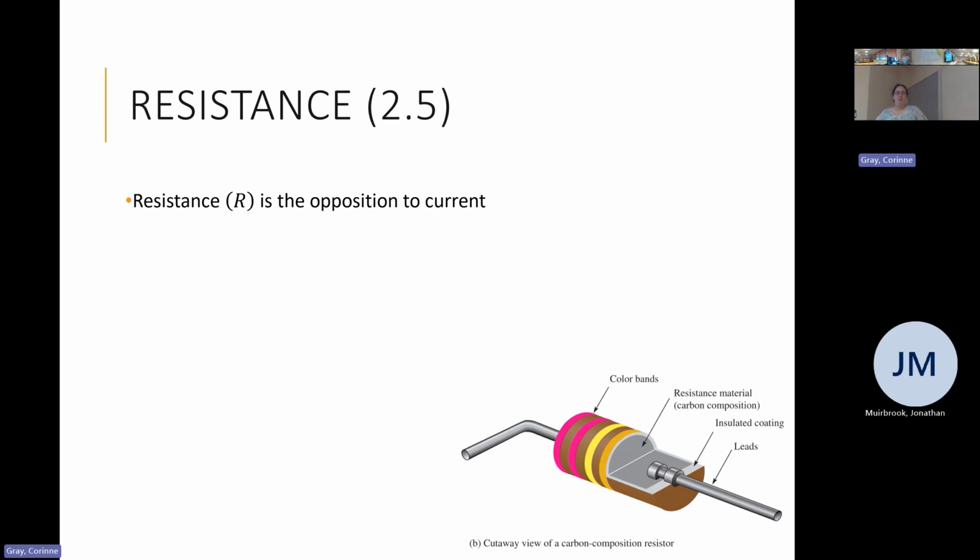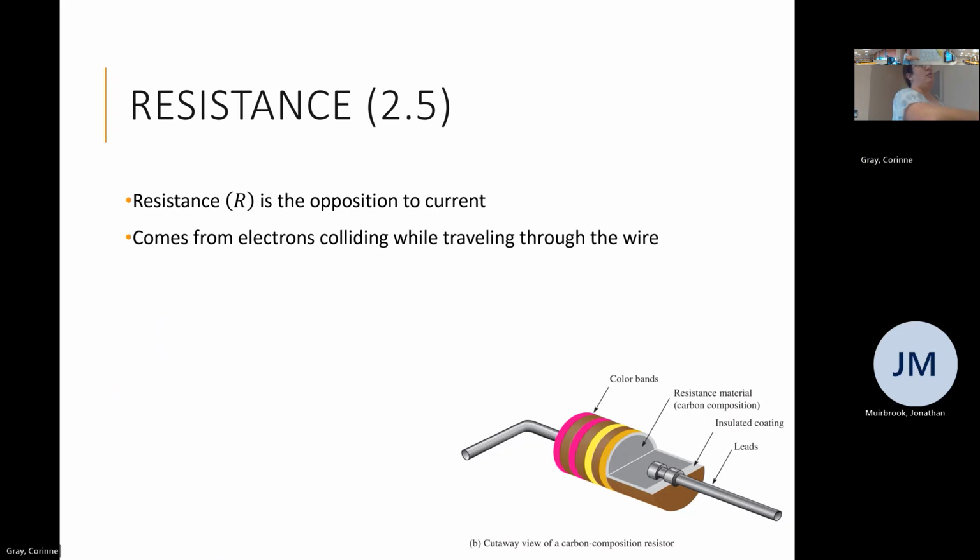So in a wire, as things move, those electrons, even though they're all roughly moving in the same direction, there's a chance that they're going to collide with an atom. And so when they collide with an atom, they're no longer necessarily moving in that nice straight line. So it's going to slow it down. You can have imperfections in your wire. So maybe you have a little notch cut out of it on accident, and now the electrons have to go around